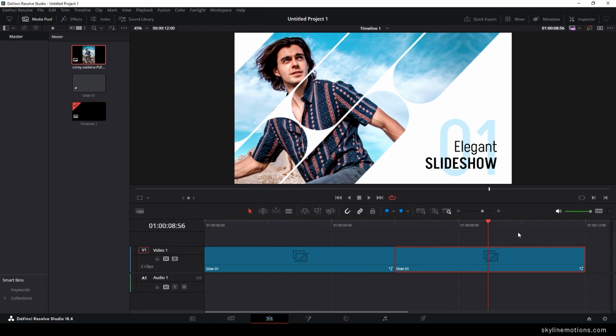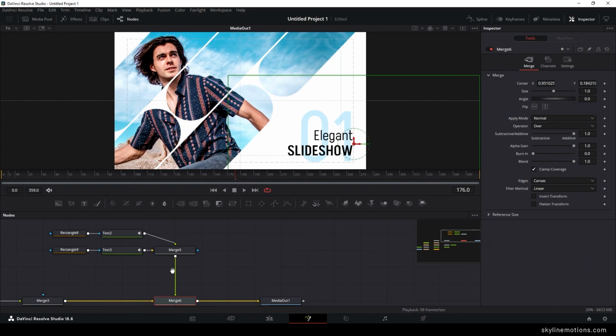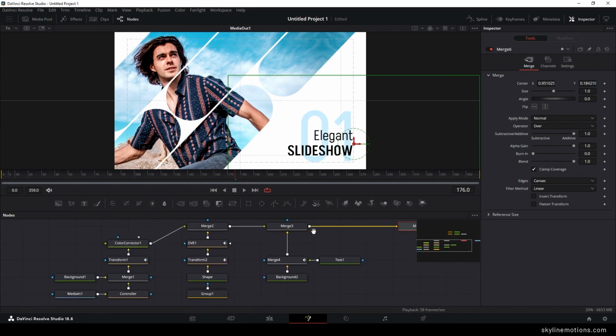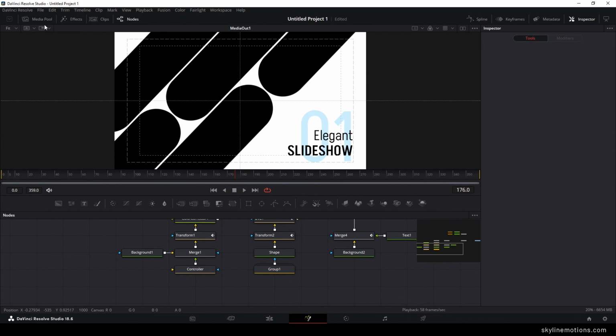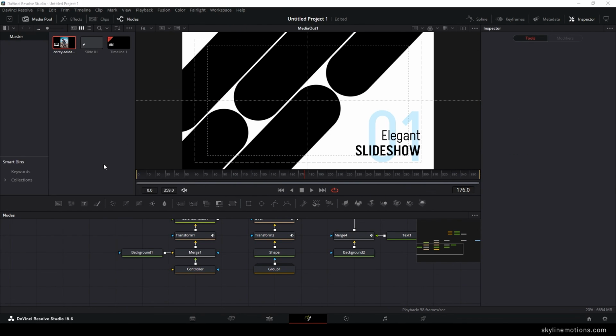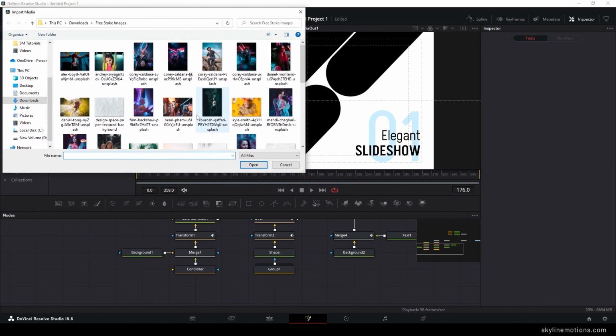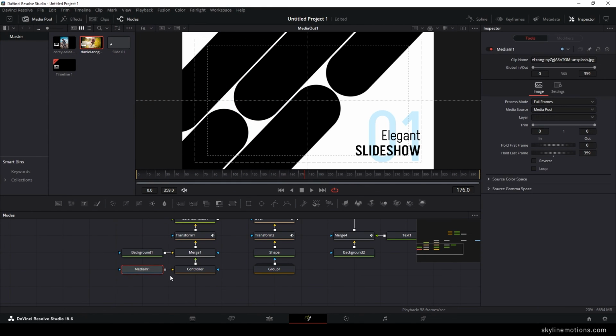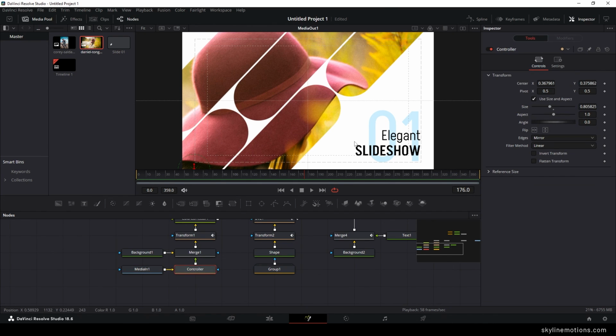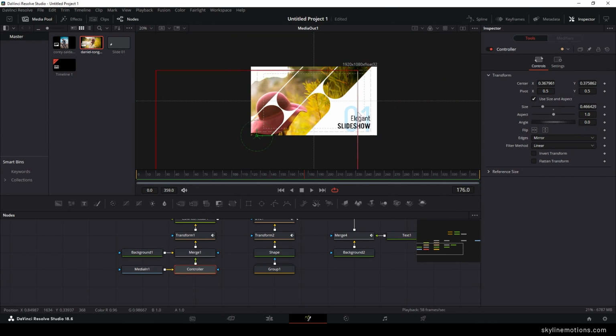And now let's change the image and text. So place the CTI, go to the Fusion page, and here let's change the image first. So this is the media in. Delete the media and just go to media pool, right click on that, click on import media, and for this one I'm going to import any other image. So this is the second image. Open it up, drag and drop on the flow window, connect this controller with the media in, and now select the controller, and you can fit the image by using the controller